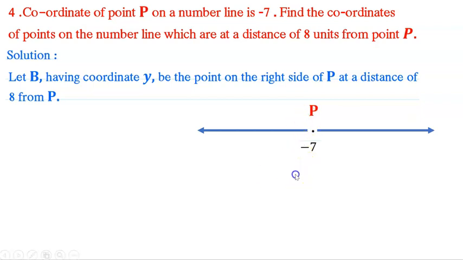Coordinate of the point P is -7. Now to the right hand side there is a point B which is at a distance of 8 units from